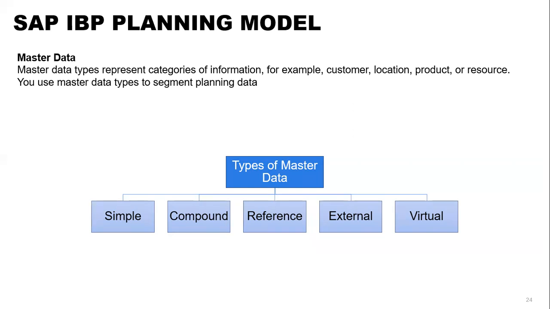Whatever the structure and attributes of the product, if I want to refer to the S4 HANA material structure, where multiple material fields are there, then we create our master data as external, so that when you load it, it will automatically load your material information